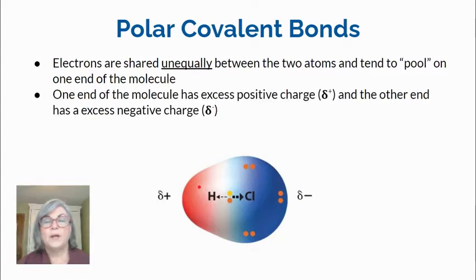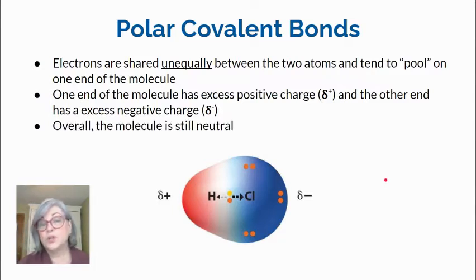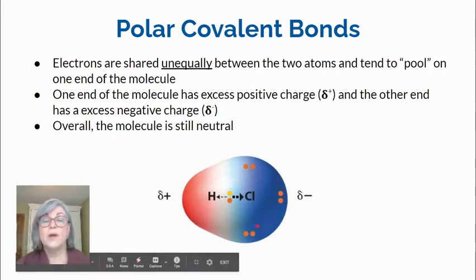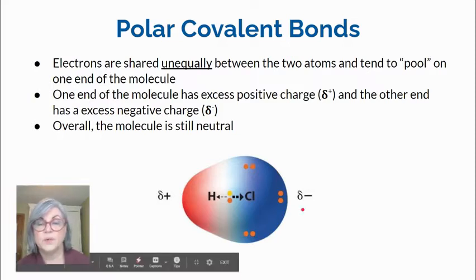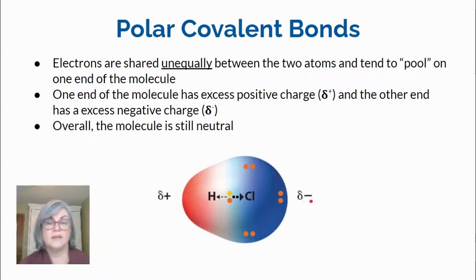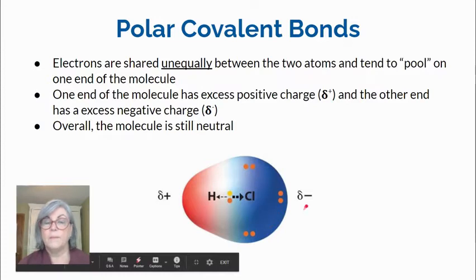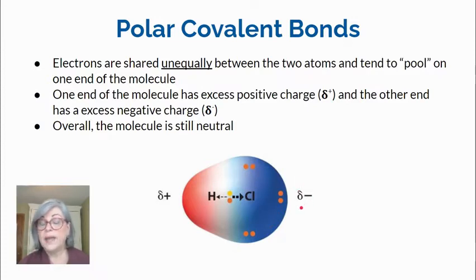That makes what we call a partial positive or partial negative end of the molecule. And it's important to remember that this is still neutral. We still have the same number of protons and electrons, but because they're hanging out on this end of the molecule more, it tends to make this end of the molecule slightly negative. And that's what this little symbol stands for. It's a lowercase delta from the Greek alphabet, and it stands for slightly negative. Again, overall neutral, but this end or this pole has a slightly negative charge,